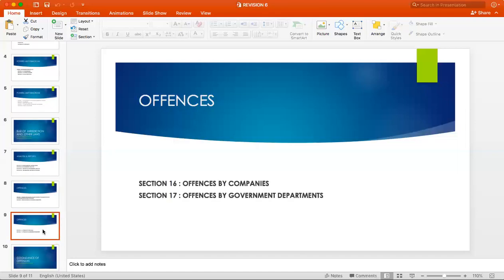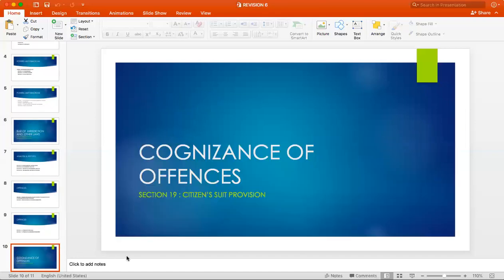So now next is cognizance of offense. When we talk about cognizance of offense, section 19, we have to understand that it's a citizen suit provision also. It says that no court can take cognizance of any offense under this act, except if there was a complaint made by the central government